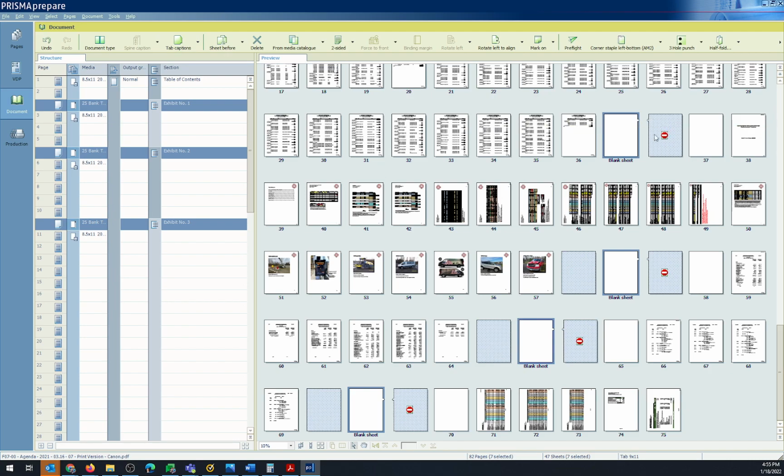You'll notice that there's a red circle and a slash. That means that Prepare knows that this is tab media. It's only allowed to print on one side. So it obviously knows that sheets have two sides, but it is just not going to try and print on the back. Up in tab captions,